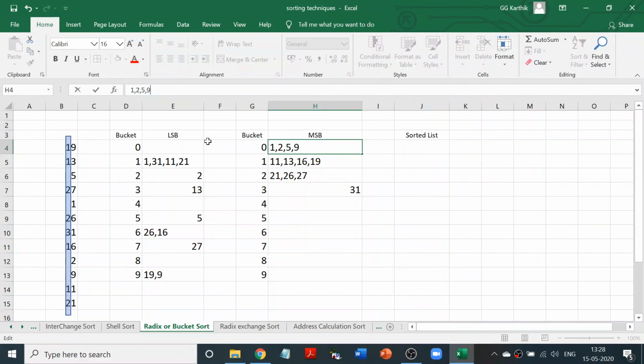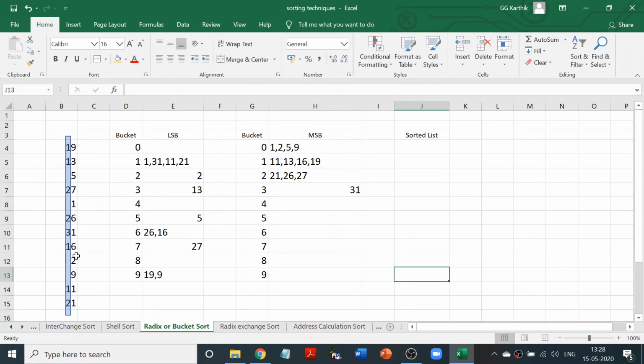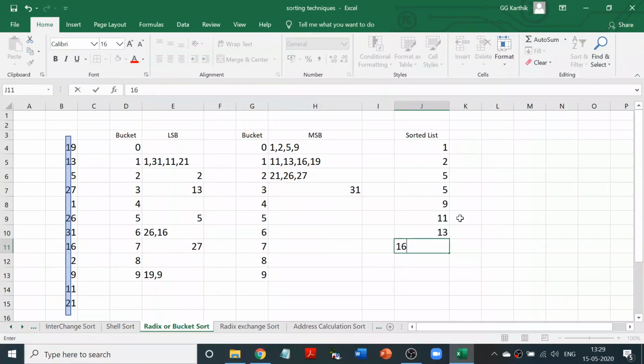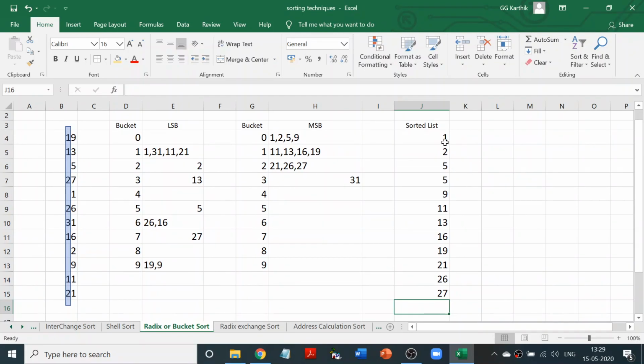Right. So what is very important here is the order in which you have written already. Okay, don't go to the same order, you will be confused. This order is what you are supposed to take. Using that order, using the MSB, we are going to again put them in buckets. Then you have the sorted list here. I'm going to put the sorted list, just the same list here. Whatever we have here, the same order. So it will be 1, 2, 5. You have to write the sorted order also. Only then your problem is correct. Right? So this is going to be your sorted list.